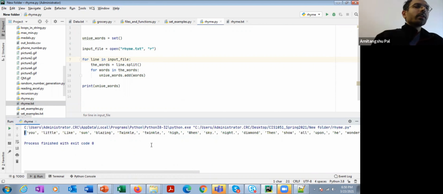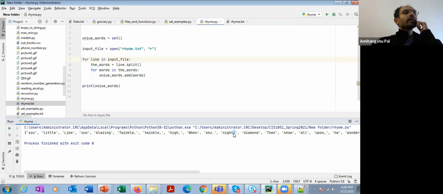Now if you notice carefully, in the output there are two main problems. What are the key issues in the output? The first issue is that all the punctuations are coming: twinkle, comma, high, comma, sky, full stop, night, full stop.